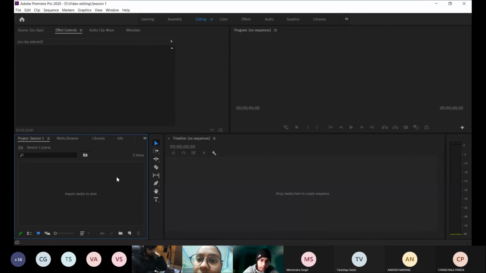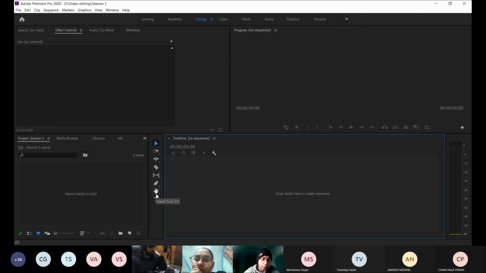You add all your files, and what I mean by files is your photos, videos, and your audio files. Everything is added to this place. Then this is the timeline. This is where all the magic happens. So what you see over here, this line of tools, is these tools are activated and implemented on the timeline. You add your different clips, your photos, your audio files onto this part, the timeline.